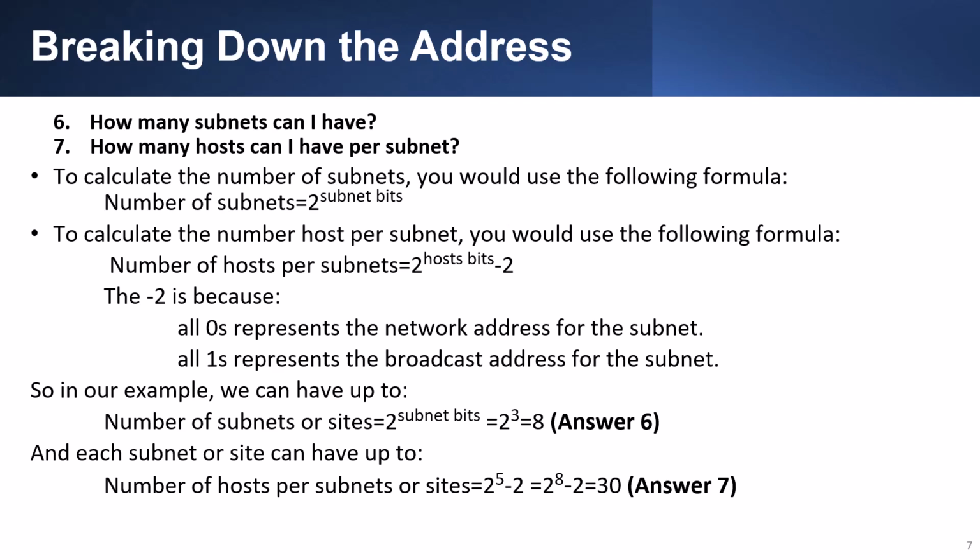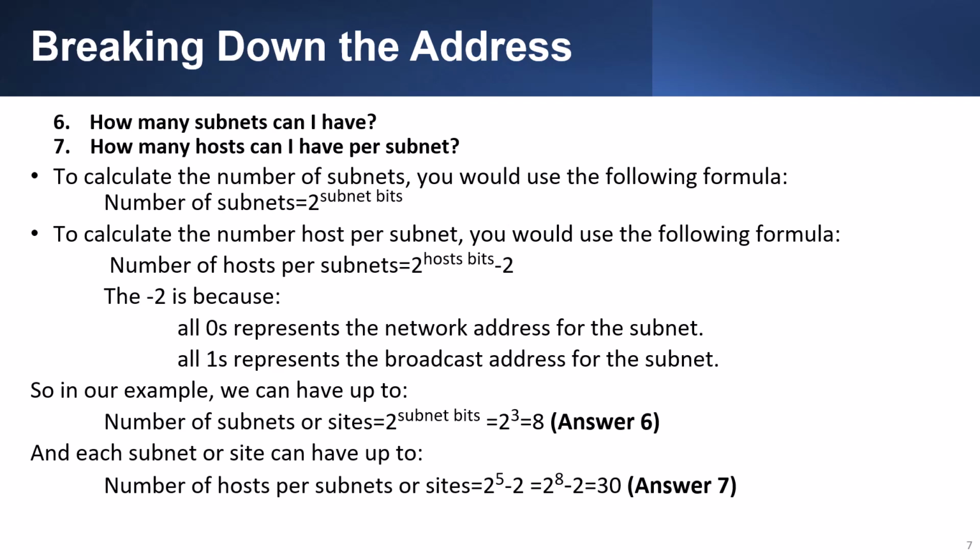To calculate the number of subnets, we use the following formula. Number of subnets equals 2 to the subnet bits power. To calculate the number of hosts per subnet, you use the following formula. Number of hosts per subnet equals 2 to the host bits power minus 2. The minus 2 is because all zeros represent the network address for the subnet, and all ones represent the broadcast